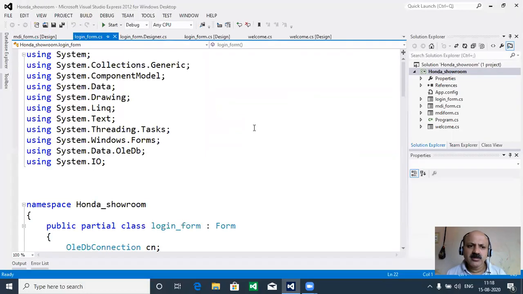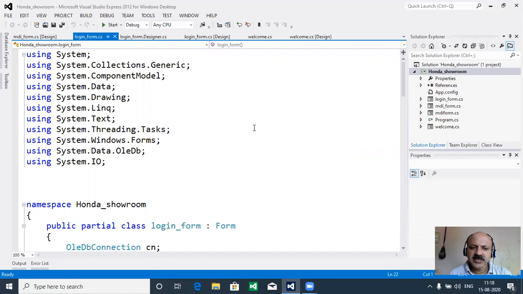And in your mind, what is an MDI? The full form is multi-document interface, and SDI is single document interface. So MDI means we can take a number of forms in a collection, and that is the start of our project.